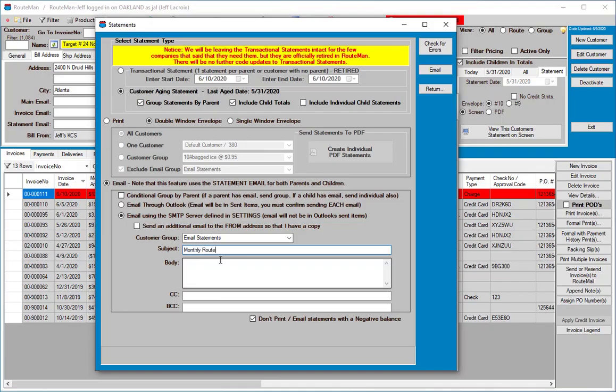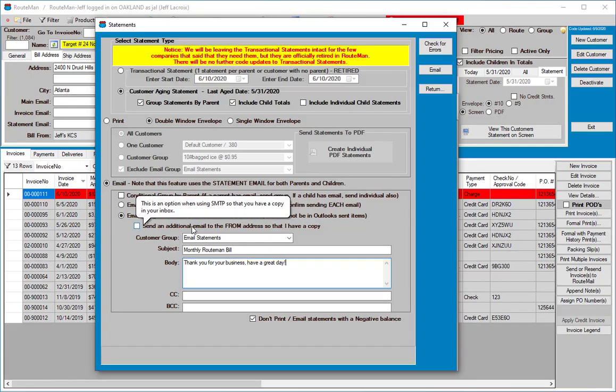Monthly routeman bill, and in the body, thank you for your business. Have a great day. Okay, and of course you can carbon copy or blind carbon copy as you would like,